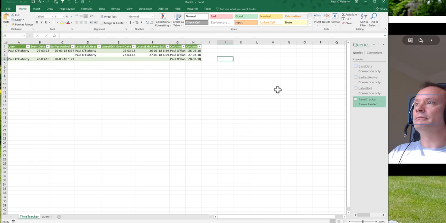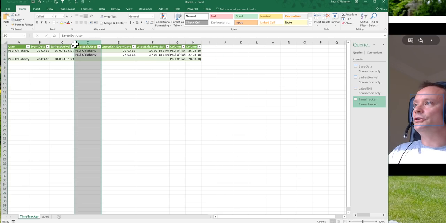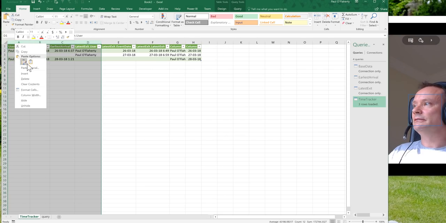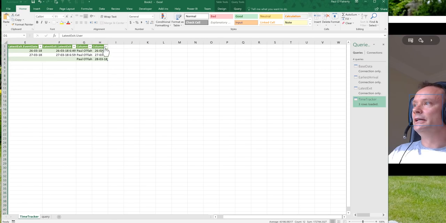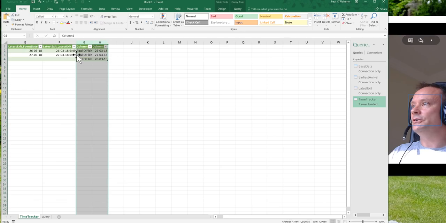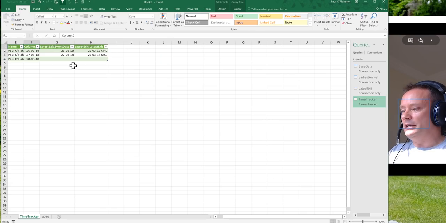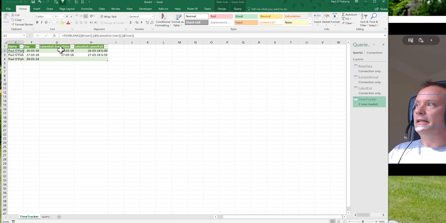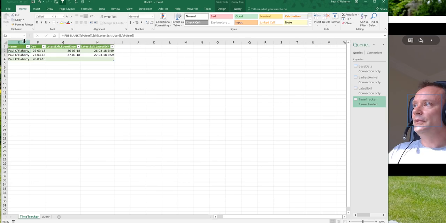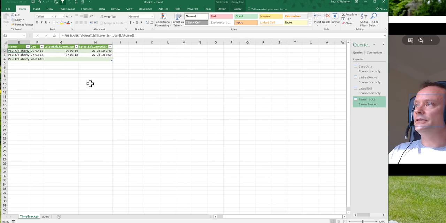There we are, we've got dates there. So what we could do now is hide these columns away. We could change the order of the columns, so let's pop these ones over here. There we are, and we'll call these name and day. So we now have something which is giving us, for each user, for each day, their arrival time and their